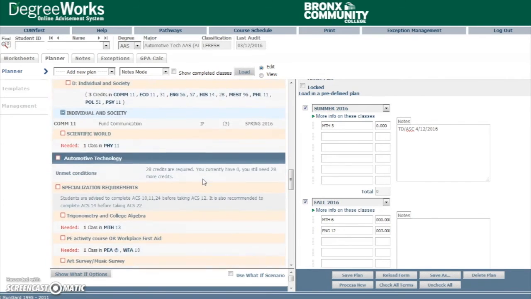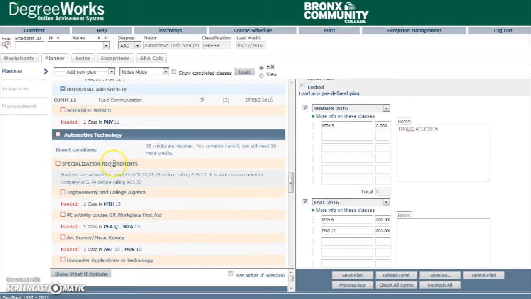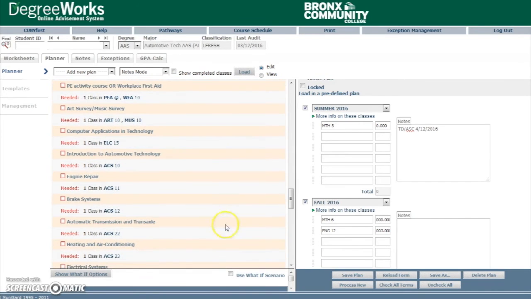And in automotive technology, as you can see here, it says students are advised to complete ACS 10, 11, and 24 before taking ACS 12. And it is also recommended to complete ACS 14 before taking ACS 22. So for this student's first semester, we want to advise the student to take the introduction course,